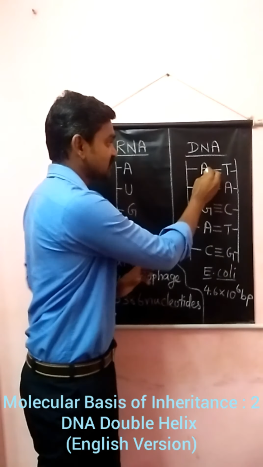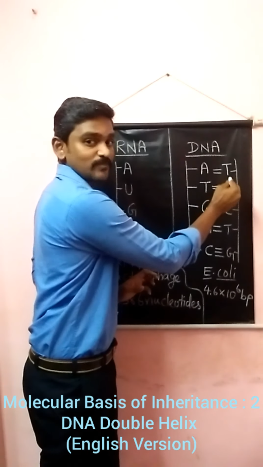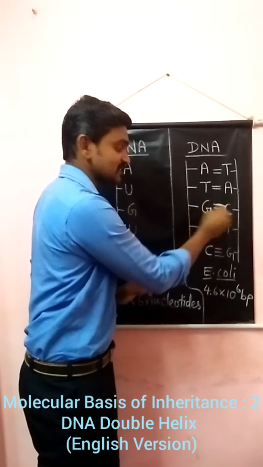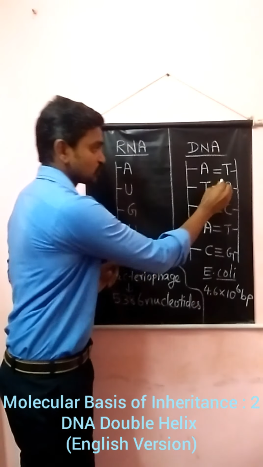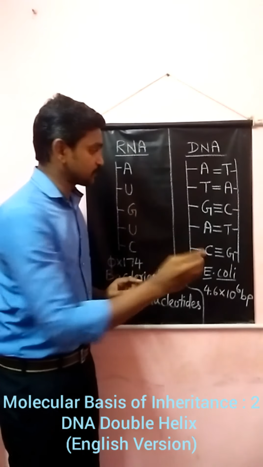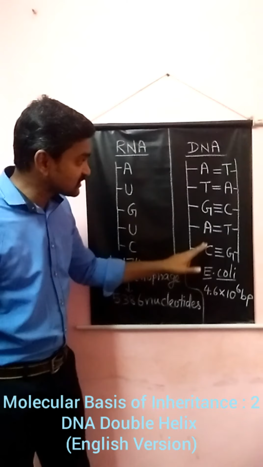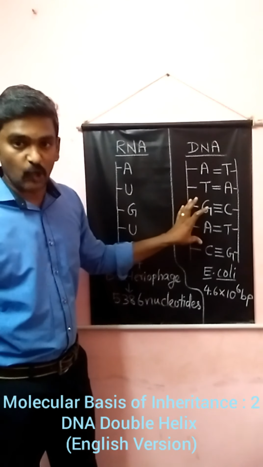Whereas in the case of DNA, it will not be like that. Here base pairing will be there because it is made up of 2 strands, whereas RNA is only 1 strand. You can see here adenine pairs with T, and likewise here also A-T, G-C. It will be pairing like this. In this case, this is called a single base pair, this is the second base pair and third base pair. Likewise, you can see here 5 base pairs are there.